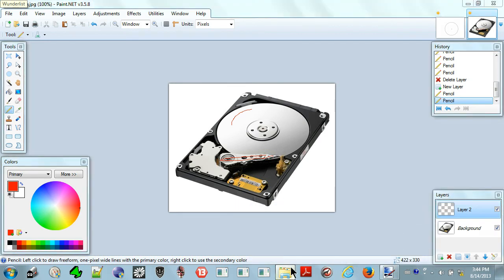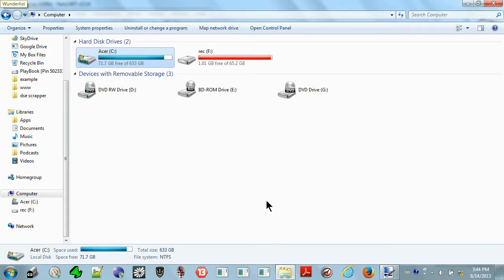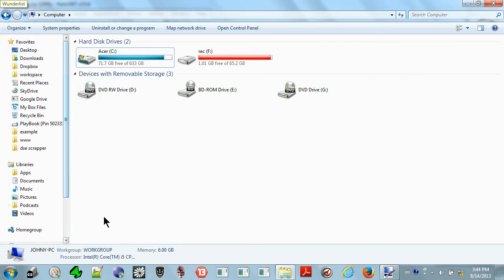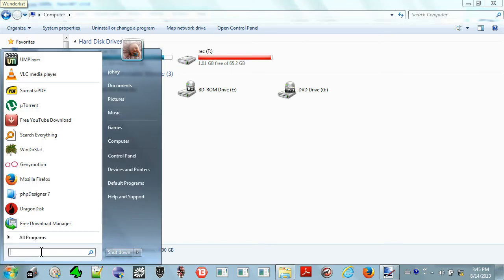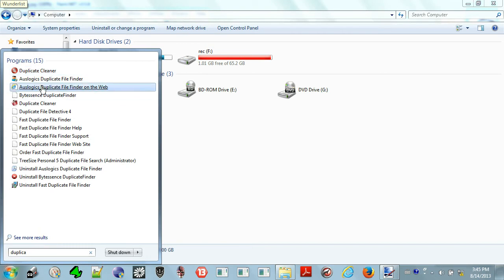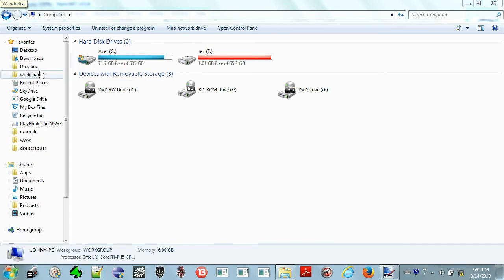Okay, so let's move on from the hard drive. Maybe one more thing about the hard drive. If you're disorganized with your files, you can have duplicate files all over the hard drive, and there's software you can use to find duplicates. I have one here. There are a bunch of these you can try. It's called Duplicate Cleaner,